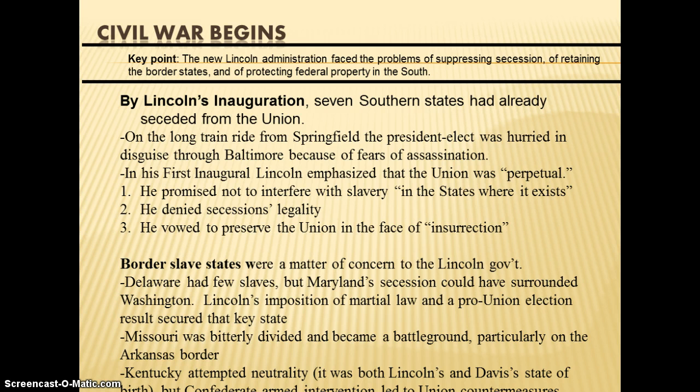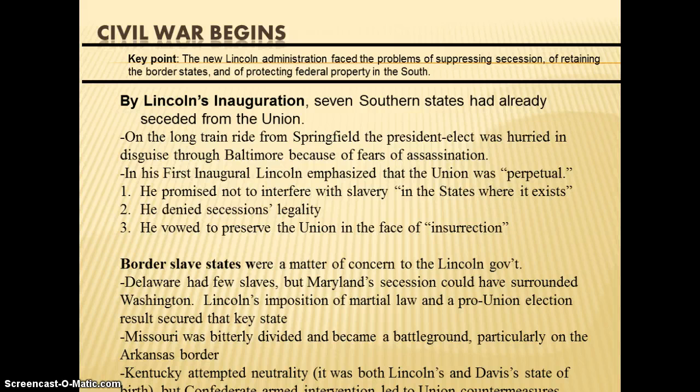But the reason why the movie's so interesting, and it's a lot of dialogue, is that it shows the very personal side of Lincoln, but also the dirty side of Lincoln. And I don't mean that in a bad way. Dirty politicians are usually the most effective ones. They are the ones that are willing to cut deals, they're willing to pay somebody off, they're willing to make promises, and Lincoln does just that to get the 13th Amendment passed. It is when he finally gets the 13th Amendment passed that he decides he's going to take a break and go out for an evening with his wife to the theater, and as we all know, that is where he is assassinated. Back to our point here in the PowerPoint, however,